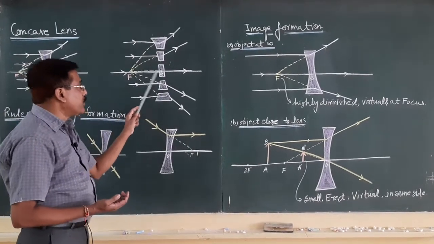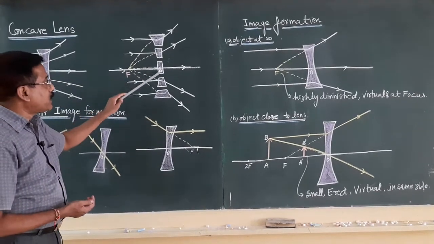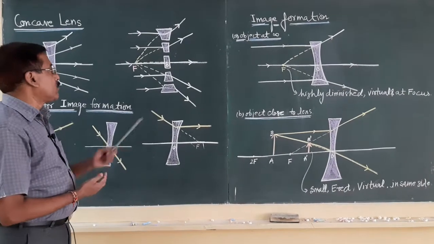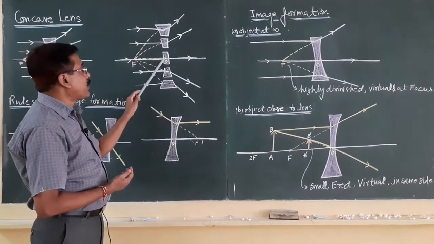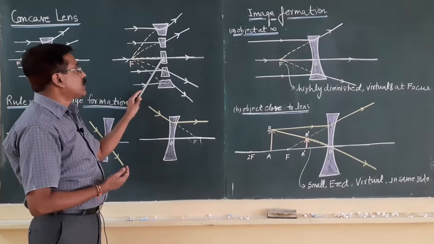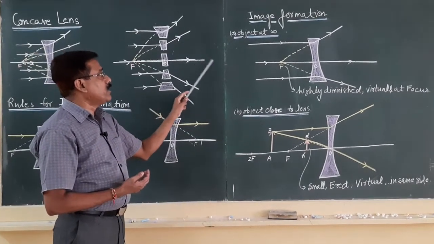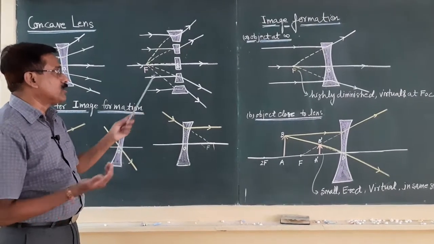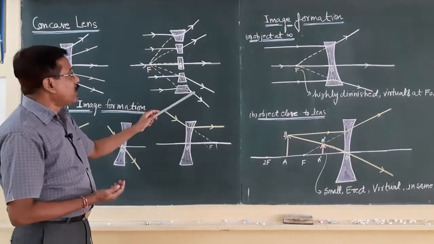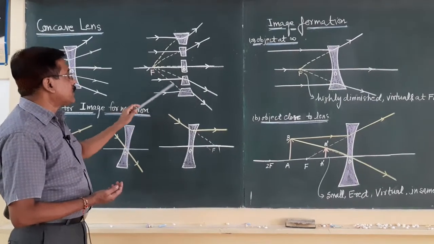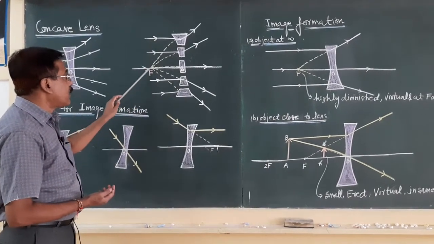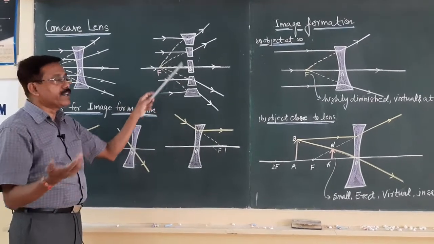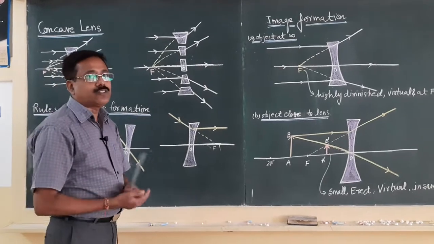But if you come to the middle section, because both the sides are the same, it is not like a prism, it is like a glass slab. So, a light ray parallel to the principal axis passing through the optical center is refracted without any deviation, and the same concept you can apply for these two segments also. So, all the diverging rays intersect each other when we extend them in the backward direction. This is the virtual focus, again, in the case of the concave lens.